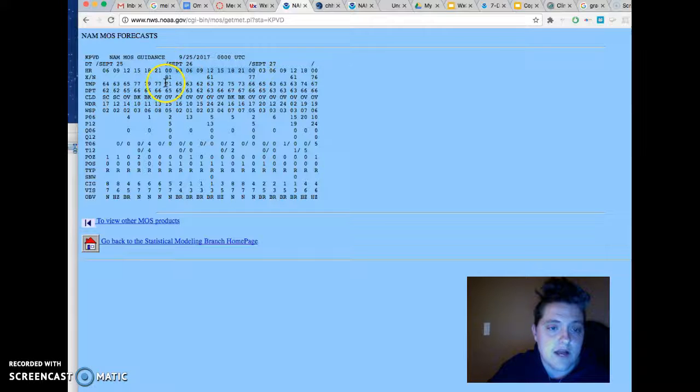So it gives you, okay, your high temperature's gonna be maybe, don't look at this one. Look at the temperature overall through time. So they're saying it will be 77, I think, as the high, and then 61 as your low. Yeah, because this 81 is for the previous day. So again, your high and your low, some basic starting points.